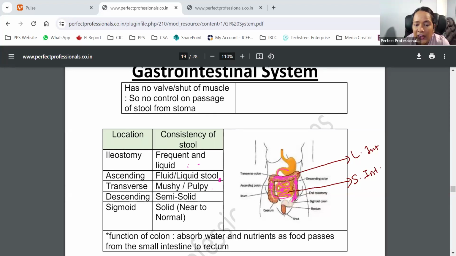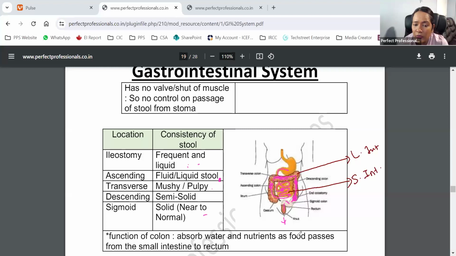if the stoma is at the sigmoid colon, then it will be almost near to the stool formation, because by this point almost stool has formed. And because it will come out via the rectum and the anus, the patient will pass stool normally. If it is a sigmoid colon colostomy, it will be near